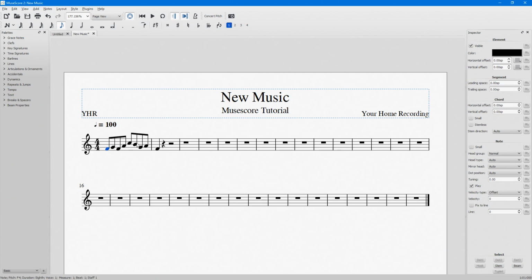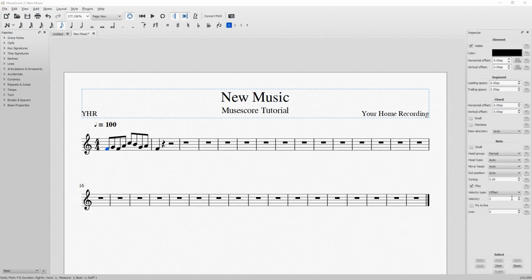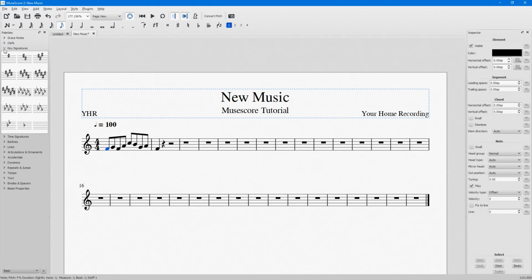You can also do this by selecting the note and using the up or down arrow keys. This increases or decreases the note by 1 semitone at a time, and it will add all the accidentals automatically if the note doesn't fall in the key your project is in. To change the key of the song, we go to the side menu under Key Signatures and select what key